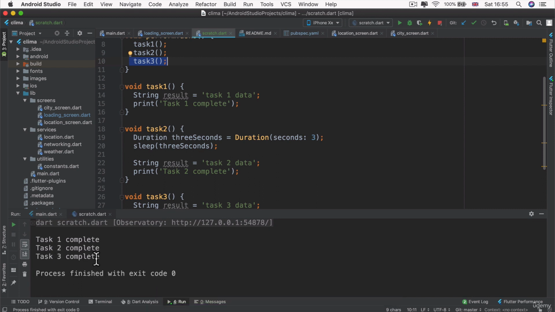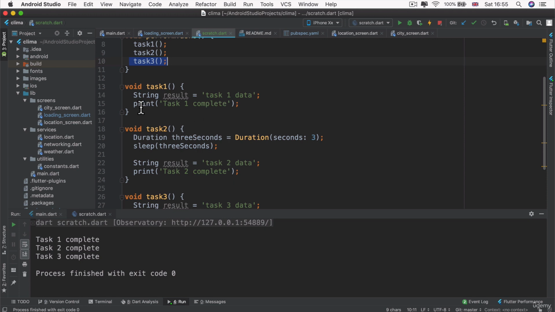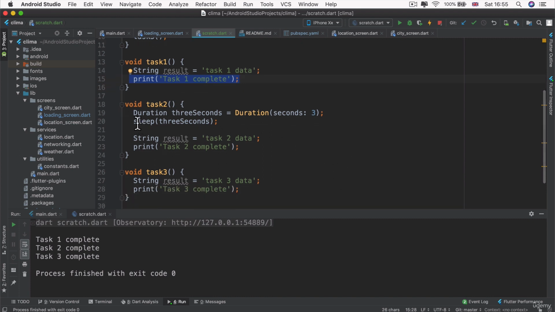So if you're watching this video on double speed or half speed, it might be a good time to actually put it back to normal speed, because I'm going to try and show you what actually happens with these delays. Let's just run that again and notice task 1, 1, 2, 3, task 2, task 3. So we know that each of these tasks, printing a single string into the console, basically takes a negligible amount of time. All that's causing the delay is this artificial delay that I've put in here, the sleep method, which